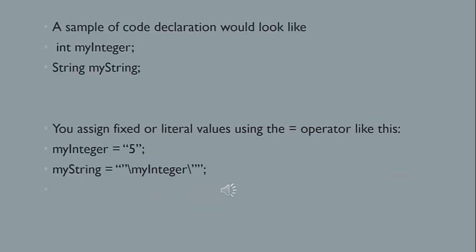A sample of code declaration would look like: int myInteger; string myString. You assign fixed or literal values using the equal operator like this: myInteger = 5; or myString = "\"myInteger\"";